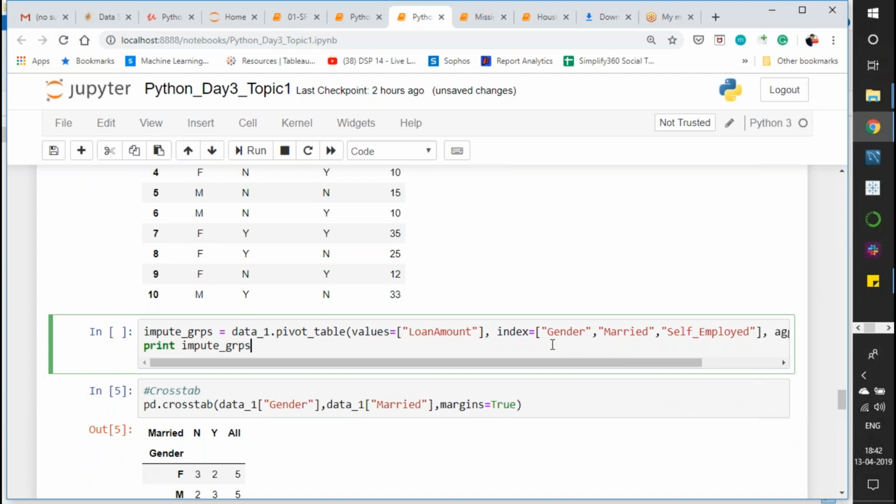Okay, these are the different indexes that I want. I want an index for gender, married, self-employed, and also the values that I'm looking for, the loan amount. I just make it a mean. I just want a mean of the loan amount. That is why I have written numpy np.mean. Okay. Now, when I run this code,